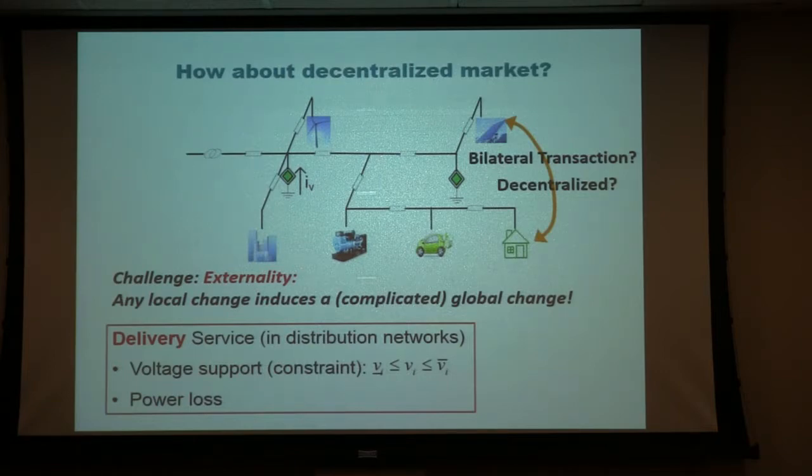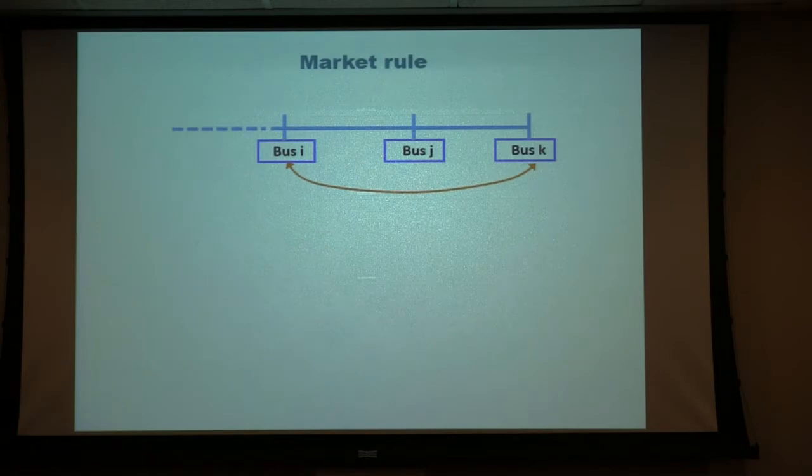And then another one is, when I do this, there's going to be a power loss because of local congestion. And if I sell some power at a certain price, but there's power loss happening in the grid, who is going to pay for the power loss? So that's the question: how we're going to design the market rule so that people can do bilateral transactions between each other. So how do you quantify such externalities?